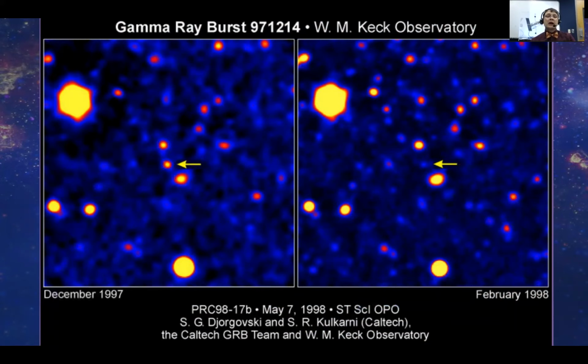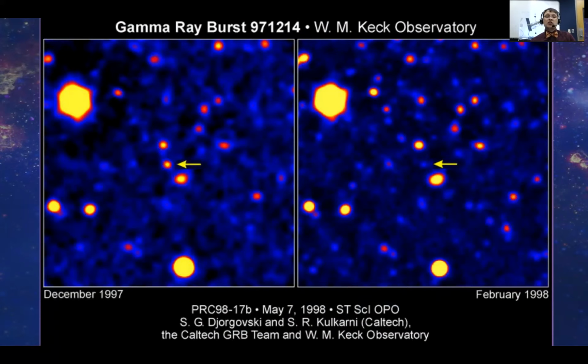If you actually had eyes that could see gamma rays, you would see a new event up in the sky every single day. The picture we're looking at here is not actually in gamma rays. Gamma rays don't really form the best images, at least not at this point in time. This is a gamma ray burst that was originally detected in gamma rays by NASA's Compton Gamma Ray Observatory. And this image was taken in visible light by the Keck telescope, which is a ground-based telescope.